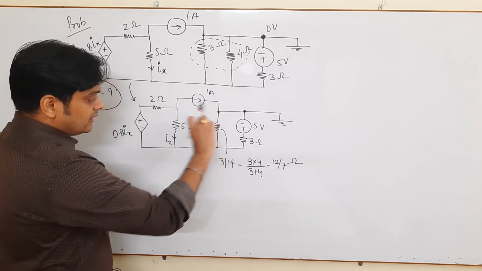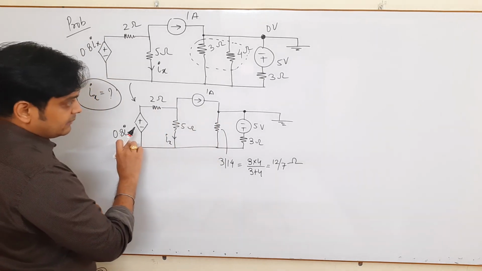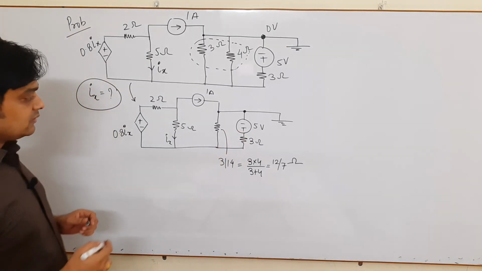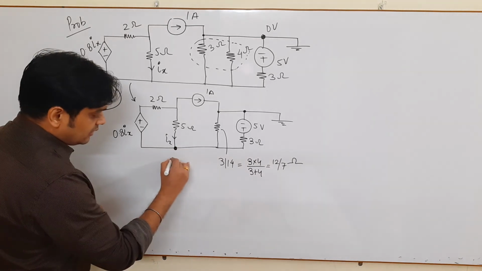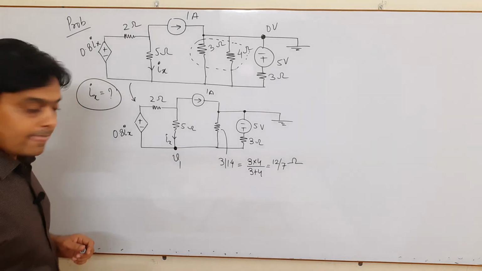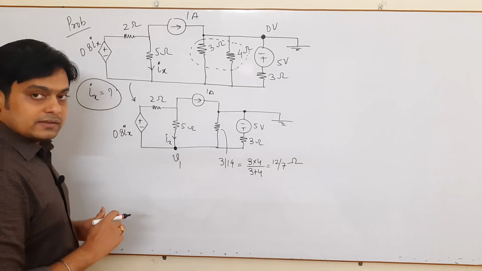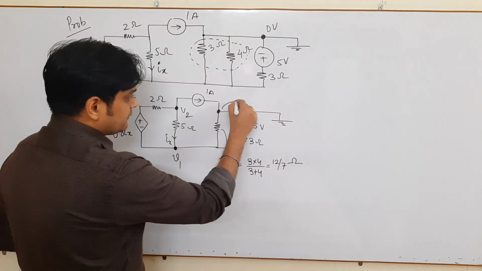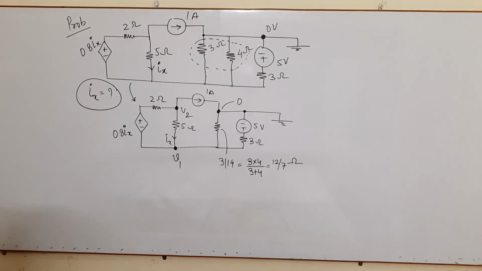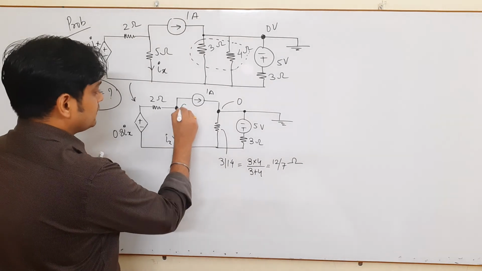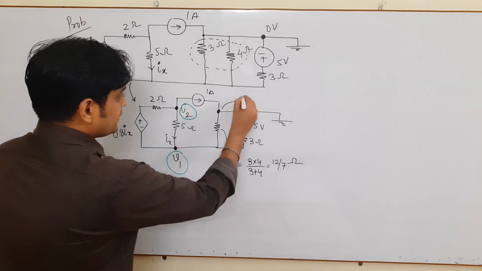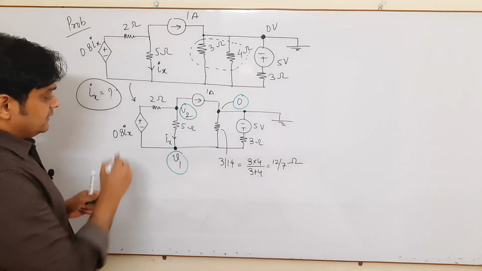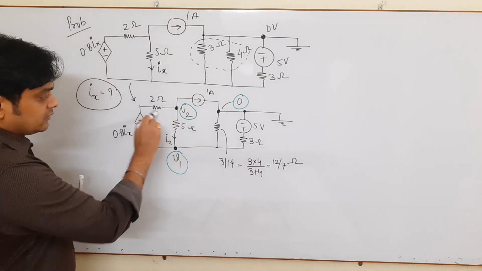So you know this value. Here the current is Ix, and this is your dependent source. Can you now solve this network? Yes, now it is possible. Let this voltage be V1 and let this voltage be V2. What about this voltage? It is at 0 volt because it is connected to ground. Very important, you have to understand this. This voltage will not appear here because of the presence of this resistance.